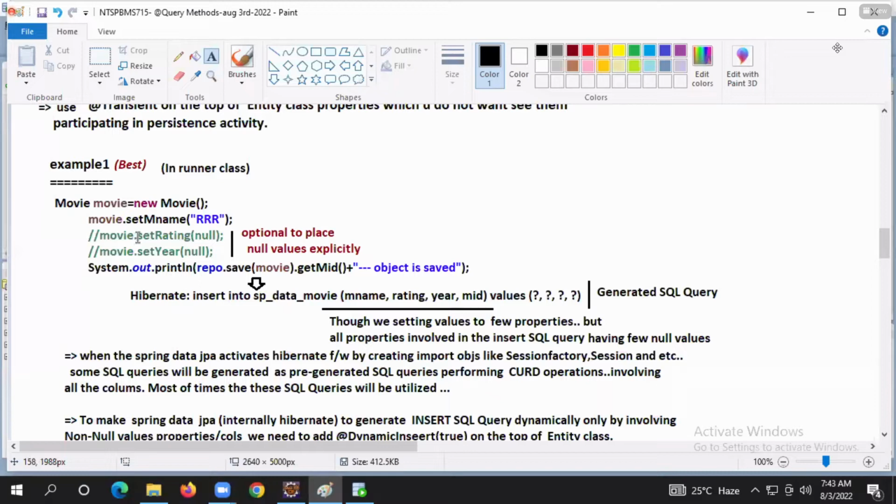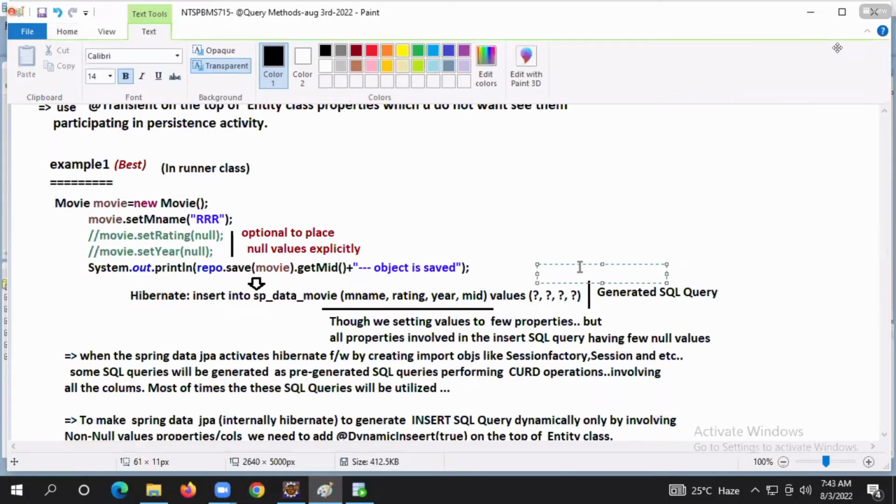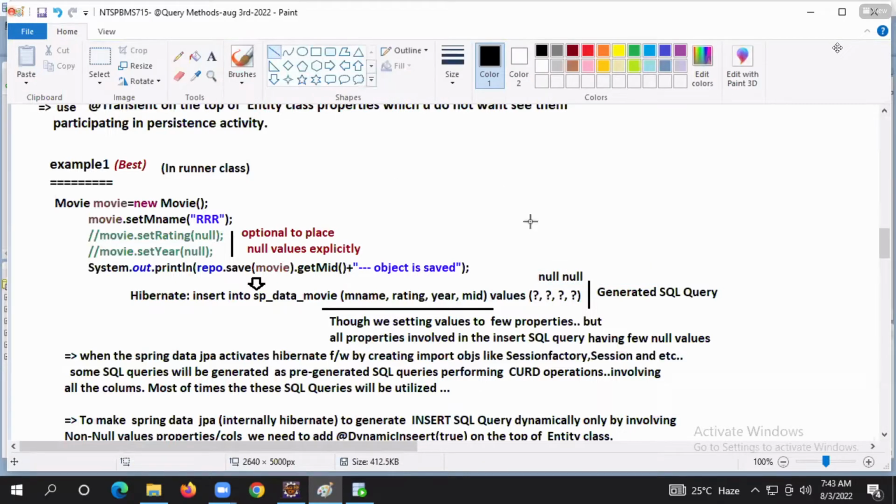That's the reason, though you are keeping partial data in the entity object, it is using that pre-generated query, not a dynamically generated query. In that pre-generated query, wherever values are not there, it is putting null. Are you with me, guys?